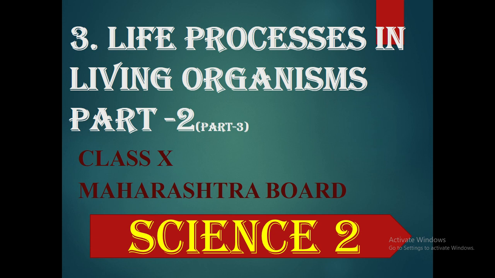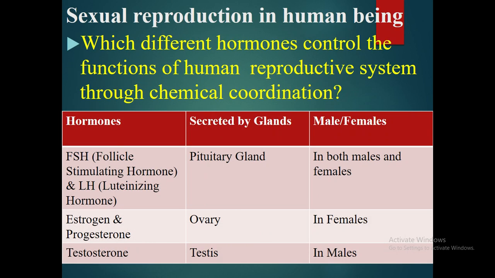So यहाँ पे अब हम डिस्कस करेंगे sexual reproduction in human being. So which different hormones control the functions of human reproductive system through chemical coordination? So there are 4 hormones which control the function of human reproductive system. यहाँ पे name of the hormone and secrete कहाँ से हो रहे हैं और ये मेल या फीमेल्स में हो